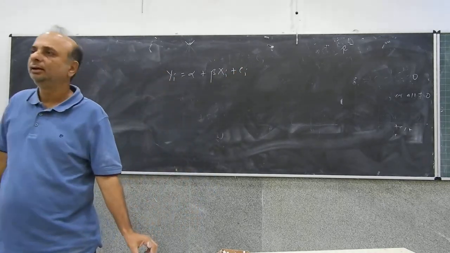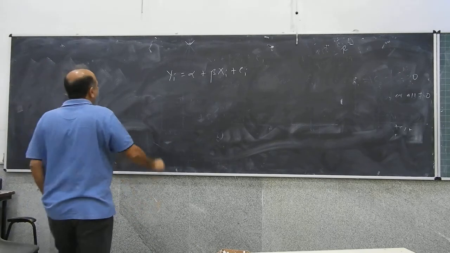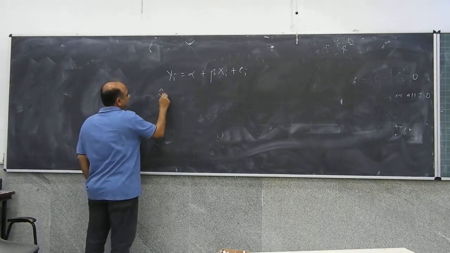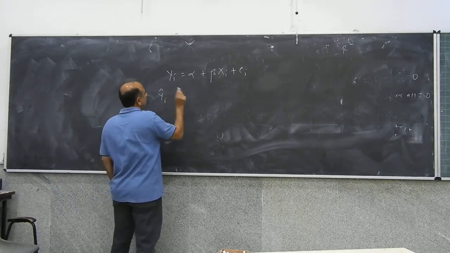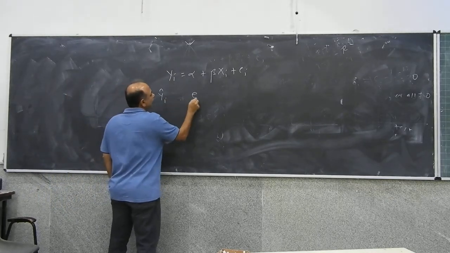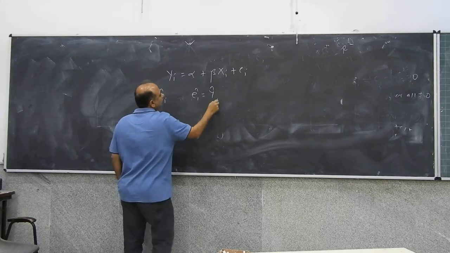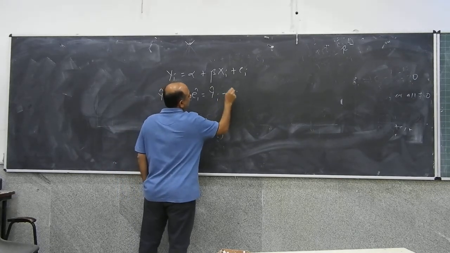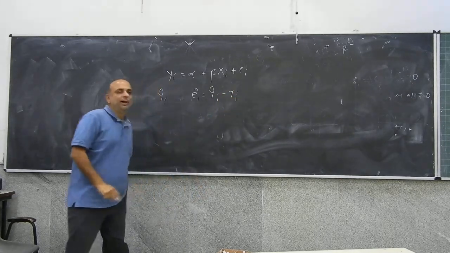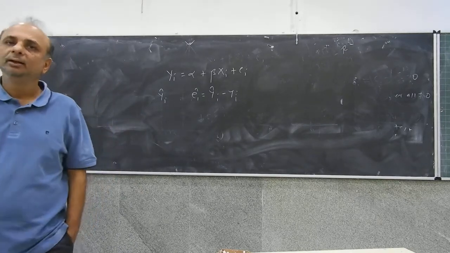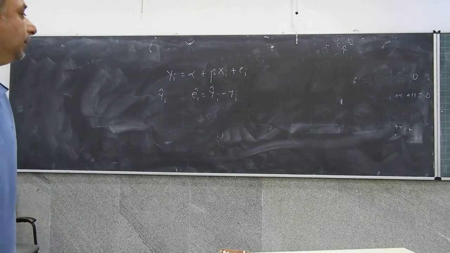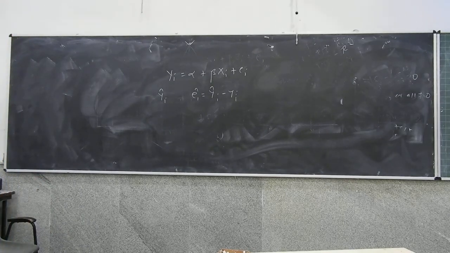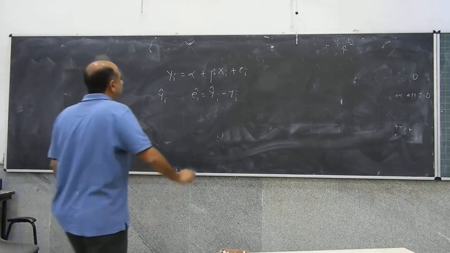And suppose you have y hat I. And say suppose you have e hat I, which is y hat I minus y. Right? Y hat I minus y. This can be written as